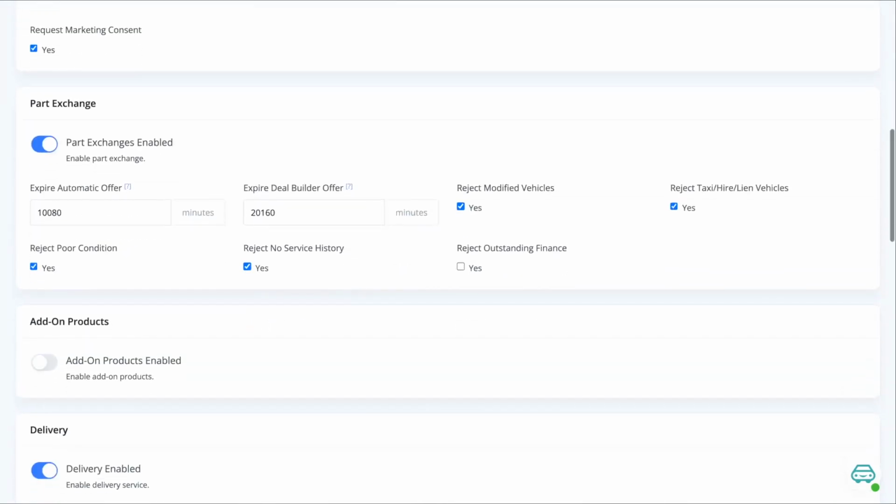And then underneath this we have the part exchange options. These settings relate to how customers can part exchange their vehicle when ordering from you online. You can set this to reject certain types of vehicle or vehicle conditions. The expire automatic offer relates to automatically generated offers and limits the number of minutes that they're available. And then the expired Deal Builder offer limits the amount of time offers made manually by staff are available. By default, these are set for several days to give customers a chance to consider and complete the process, but